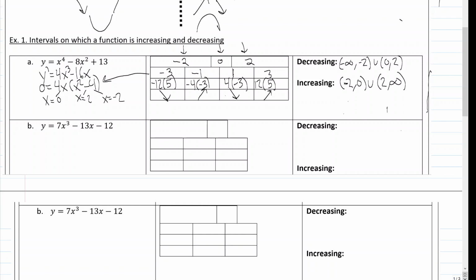Now, why stop here when I can also say what the minimums and maximums are? So I'm just going to say there's a min at, and mins happen where I go from increasing to decreasing. So that only happens here at 0. So a min at x equals 0. And the max happens at our other two critical points, because they go,